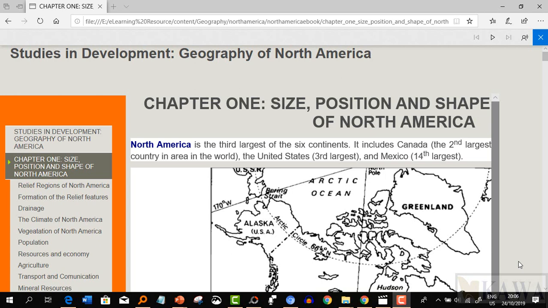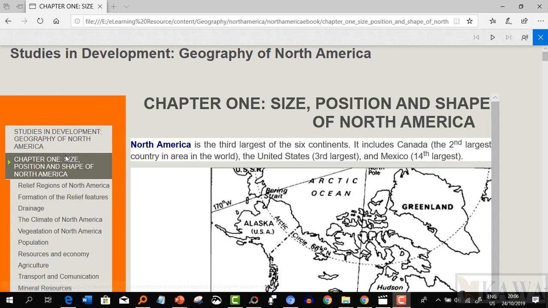In today's lesson, we are beginning with a focus on North America. So our chapter 1 is based on North America: size, position, and the shape of North America. So first of all, we need to understand that